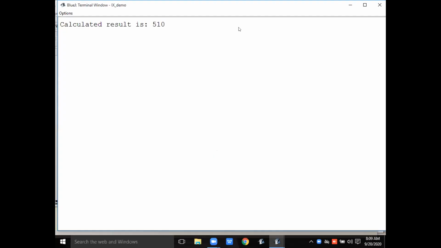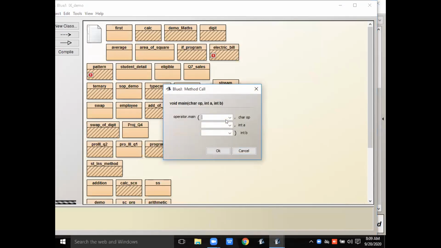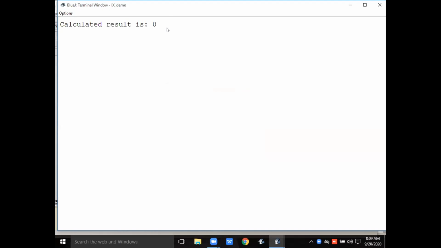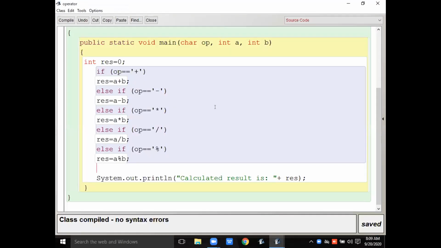So the result is 510. Now I'm giving another operator like a question mark, not any arithmetic operator, and the values 1, 22, any values. See that the calculated result is 0, because the question mark is not an operator. So else is 0.